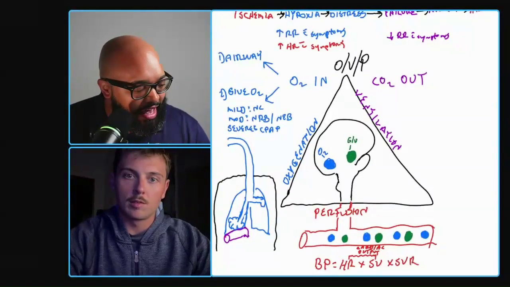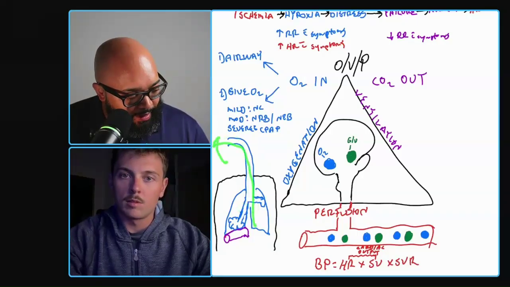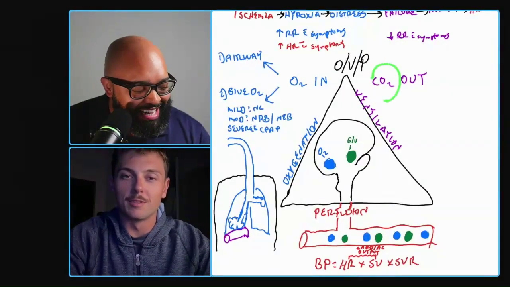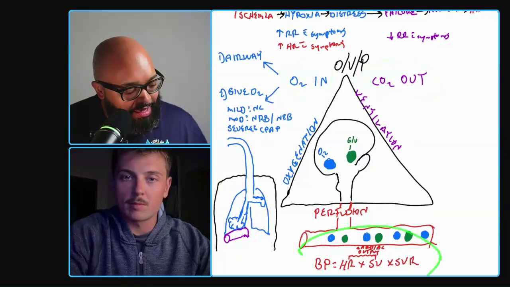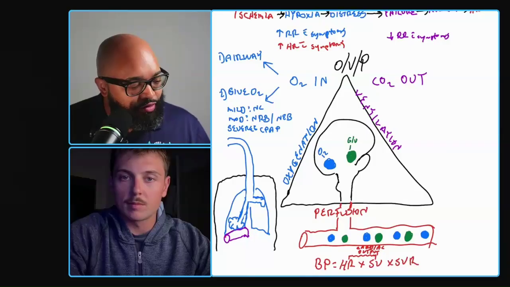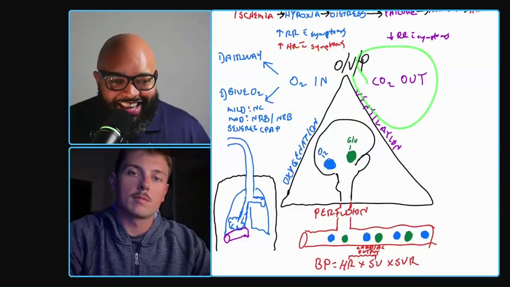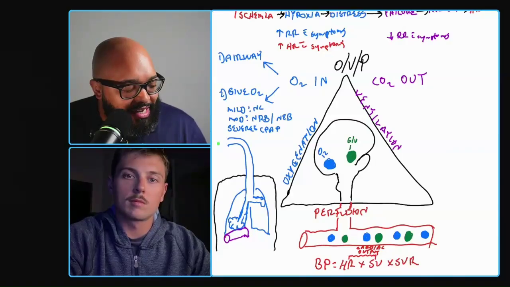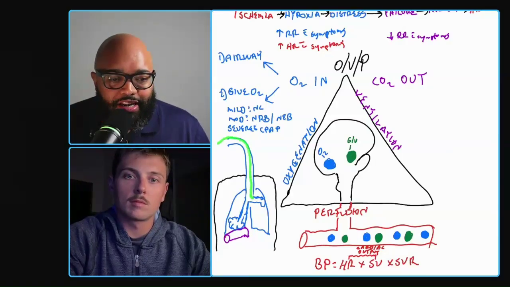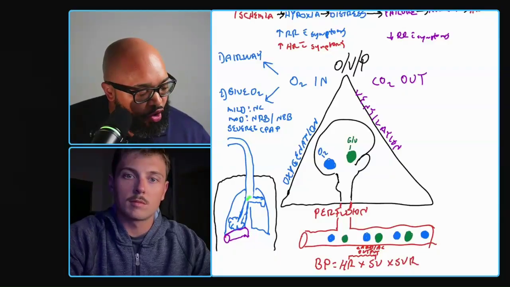So, you know this. Oxygen has to come in, and then what goes out? CO. Okay, not CO, that's carbon monoxide, but CO2, which is carbon dioxide, right? So oxygen comes in, carbon dioxide goes out, and then blood goes round and round, right? So you've heard air goes in and out, but the oxygen goes in, the carbon dioxide goes out, and then the blood goes round and round. All right, let's make some sense of this. The reason I have to get this air into the body, the reason oxygenation is so important, is I need everybody just follow me for a moment. I need this oxygen to go all the way down.